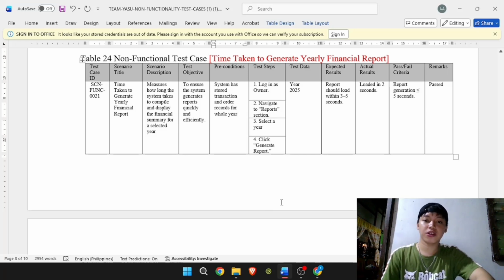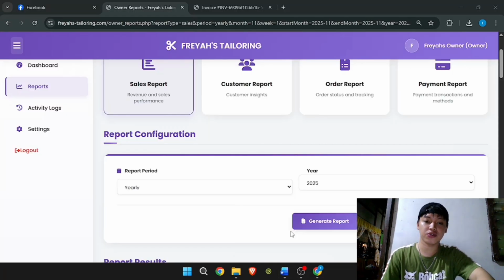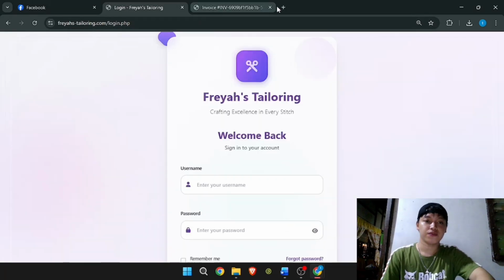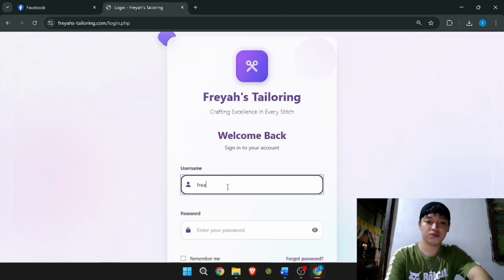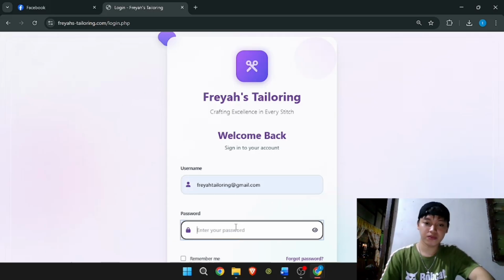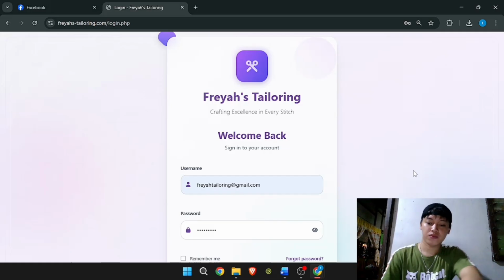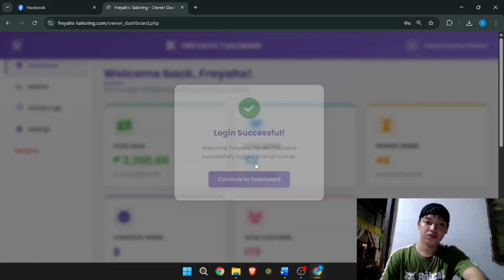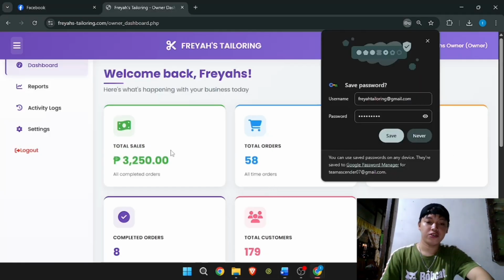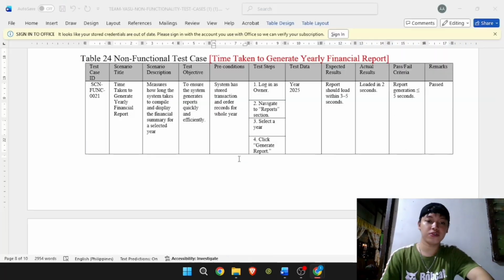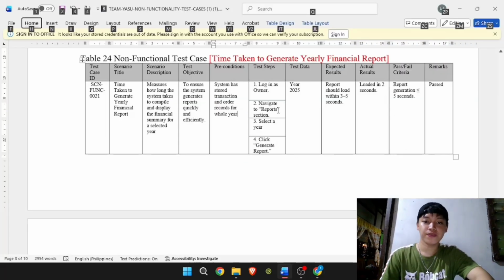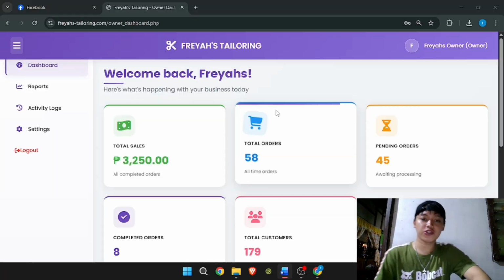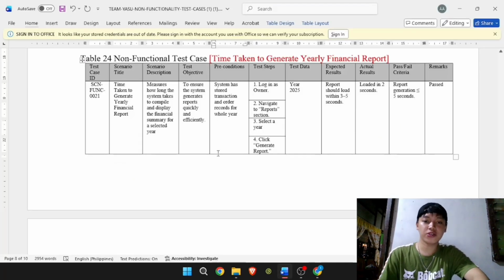The steps: log in as owner. So let's log in as owner. Here, owner. So we're now in the owner interface, the owner dashboard. Next is navigate to report section. So let's navigate to the report section,